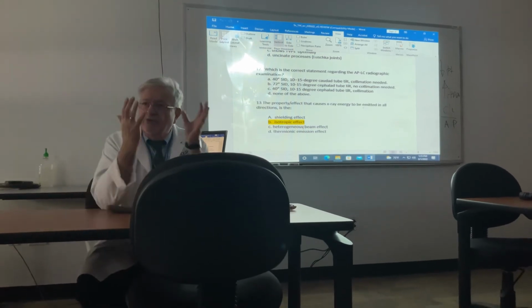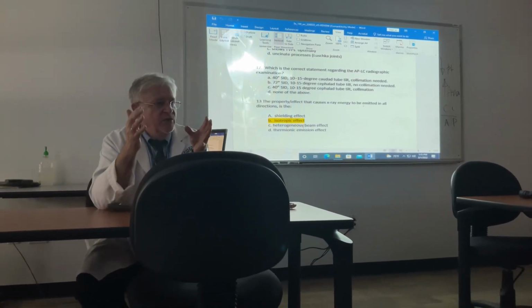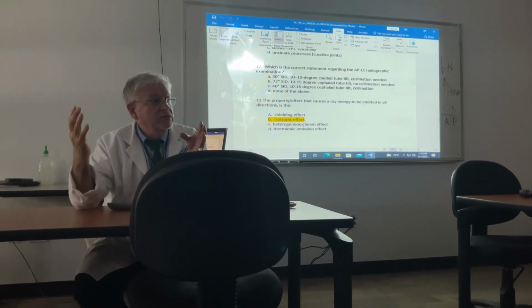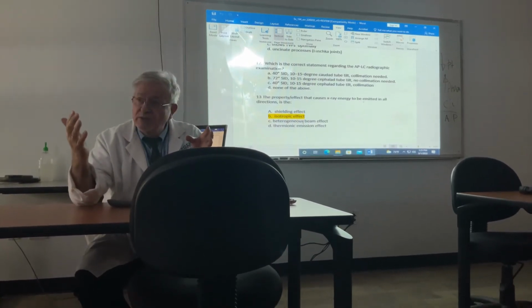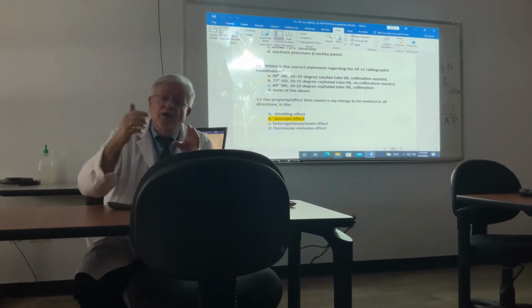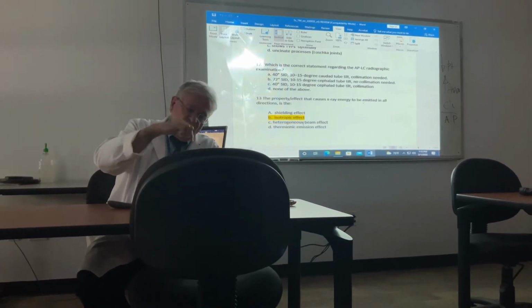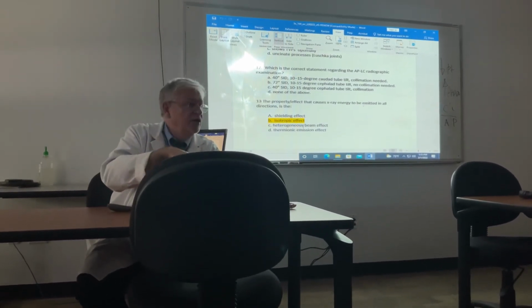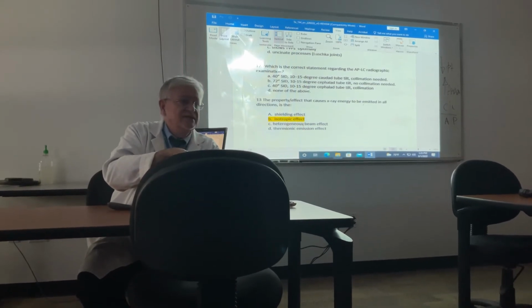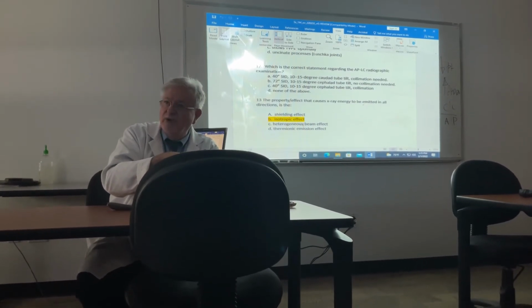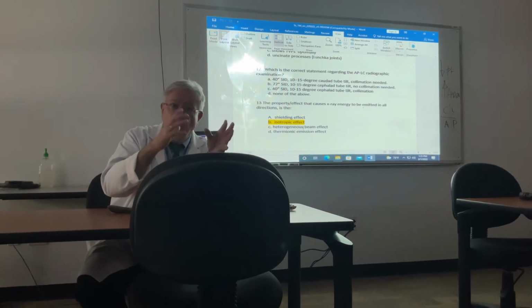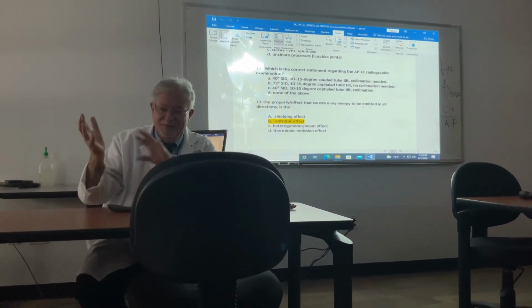So let me ask you, if you were in a car accident, do you want the car that hit you going 20 miles an hour or 80? 20. And the comparison is, the beam that's going 20 units of intensity is only going to get to the skin. It doesn't have the power to get down to the lumbar spine. So that's where I went from the turnpike to x-ray.